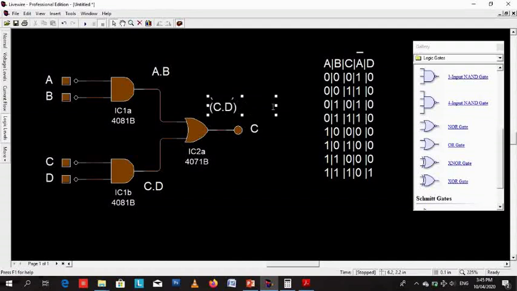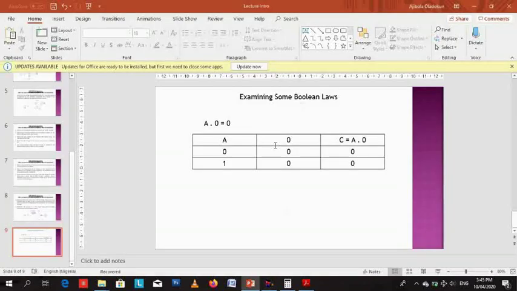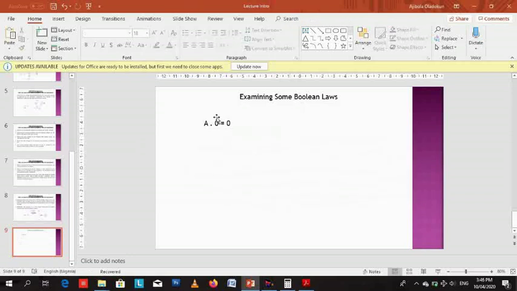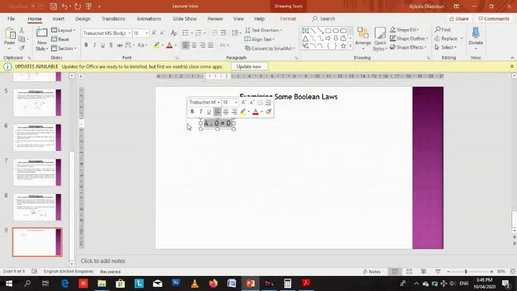So see here that two AND gates, A and B on one side, plus C and D, another AND gate on the other side. So that is the final Boolean expression that describes the relationship between the input and the output of that combinational logic circuit or digital logic circuit. So we have A dot B plus C dot D